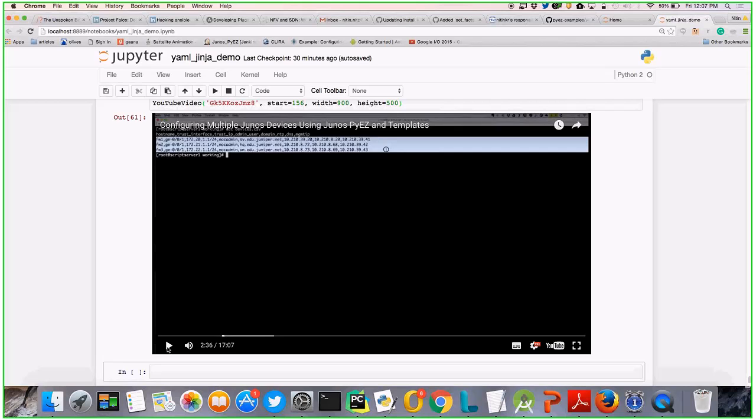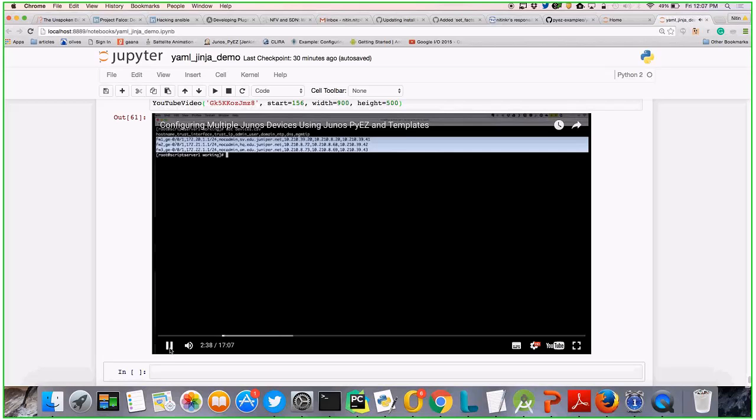The only thing you need to take care of is when you do load, you need to specify what kind of format it is, whether it is set, text, JSON, or XML, so that PyEZ knows what kind of content you are trying to push. What PyEZ does internally is it creates an RPC, right? So for RPC, there should be a load configuration format. Format is the thing which goes as a tag. So we need to set that. If you are not providing it, we try to figure that out using a regular expression. If we are not able to do that, then by default we take that as XML. Okay.